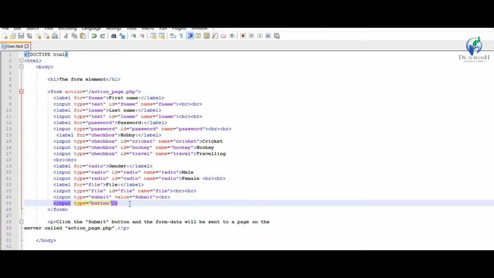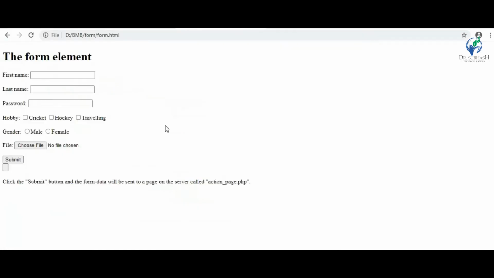If you give any name to the button, name equal to click me, value equal to click me. Save this file, then you got click me at this place.